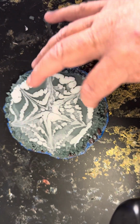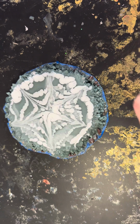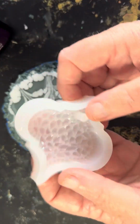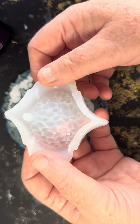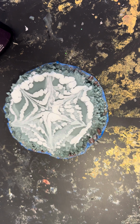Now we're going to put a layer on here and then we'll UV lamp it. It does work. And then I'm going to try that one. I don't know if the light will go through that one. It's a beautiful crystal. He's beautiful, that one. I'll just see. We can only see anyway, can't we? Now that's still going. Okay, we'll put on our UV. Now, take your lid off. All we're going to do,